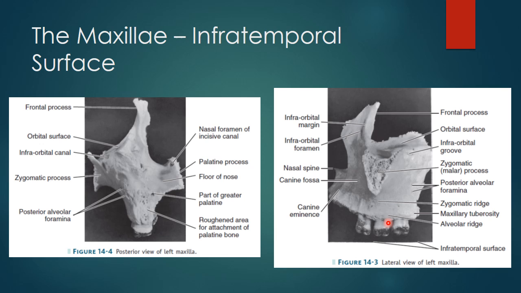The inferior portion of this surface is more prominent where it overhangs the root of the third molar. This is called the maxillary tuberosity. Medially, the maxillary tuberosity is limited by a sharp, irregular margin that articulates with the pyramidal process of the palatine bone and, in some cases, the lateral pterygoid plate of the sphenoid bone. The maxillary tuberosity serves as the origin for some of the fibers of the medial pterygoid muscle.